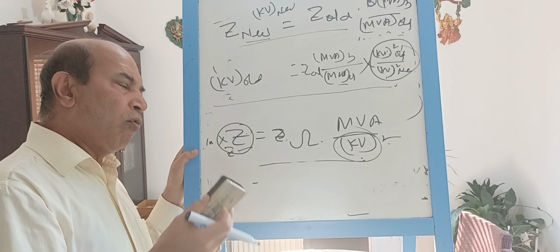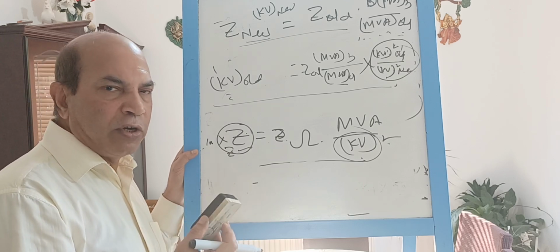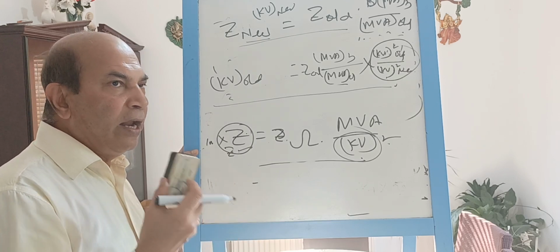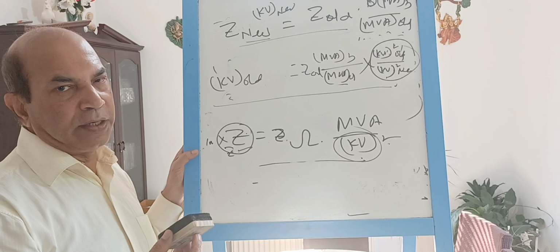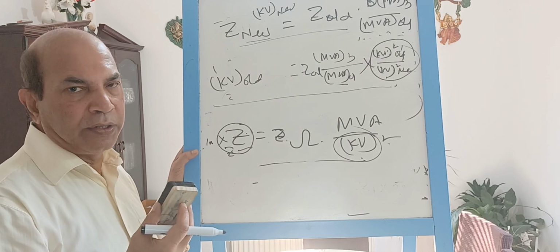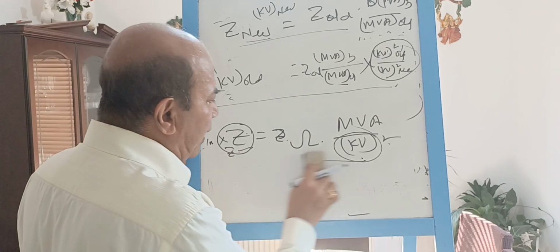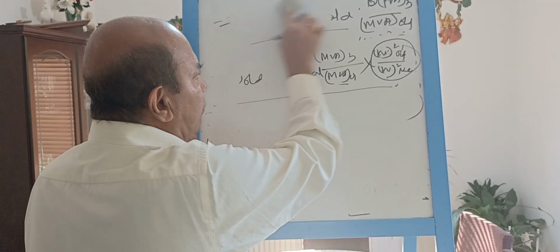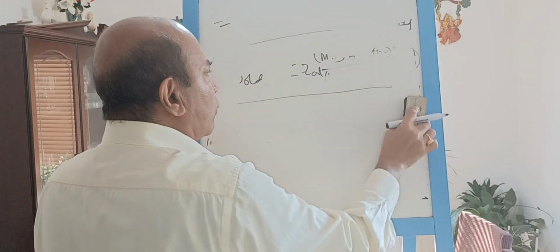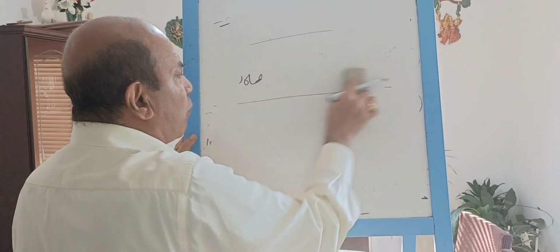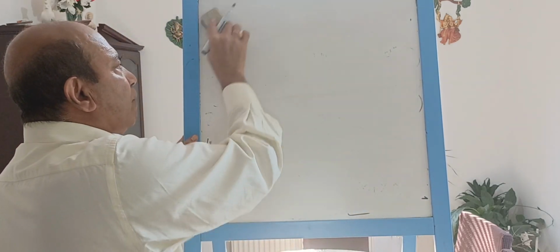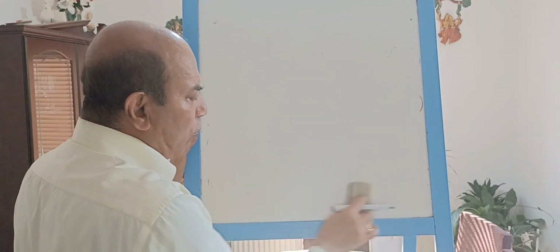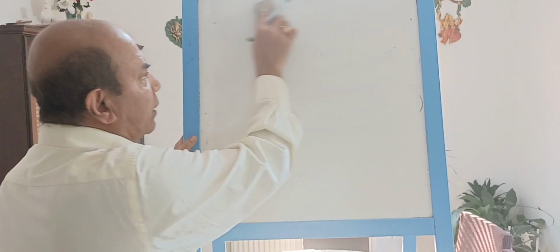But whether you go by ohmic value or per unit value or percentage value, at the end of the day you will get the same result. The result will not be different. Okay. This is the impedance, various types of impedance and impedance meaning and the per unit system, how we calculate. So this video today we will conclude over here, and from next video we will start